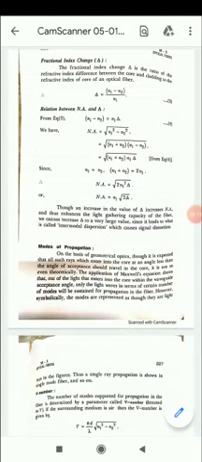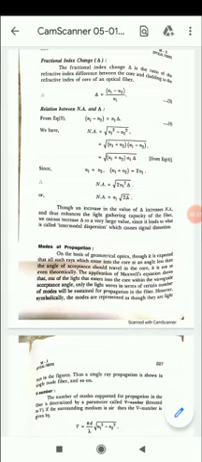Now see here students, you people have to learn about the fractional index change. The fractional index change delta is the ratio of the difference between the refractive indices of the core and cladding to the refractive index of the core of an optical fiber. So it is given that delta is equal to n1 minus n2 divided by n1.